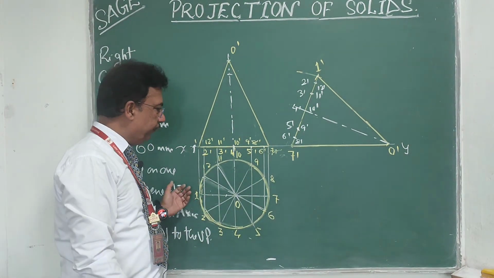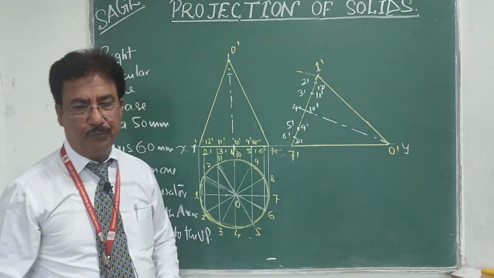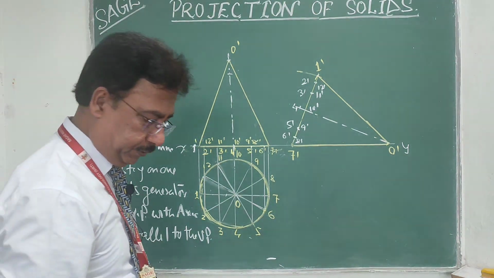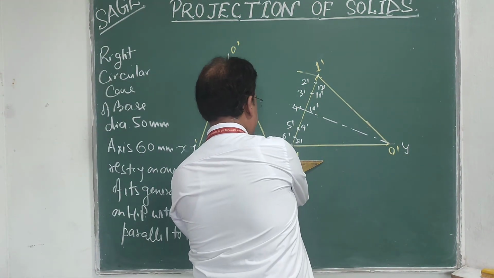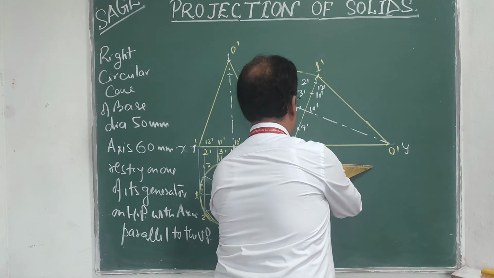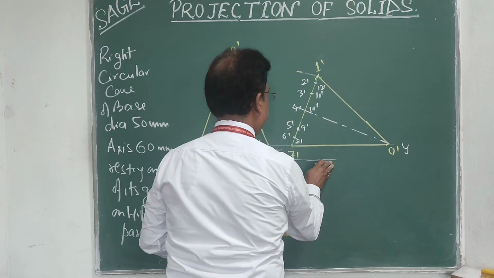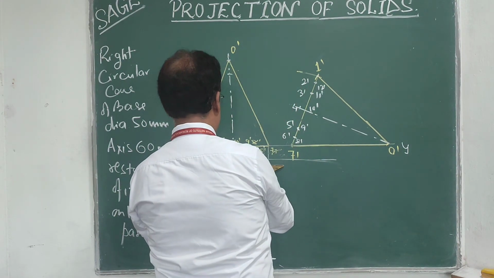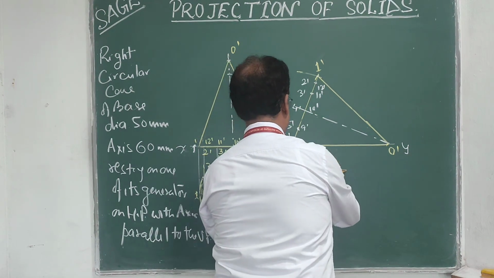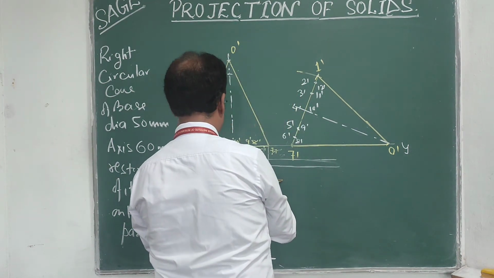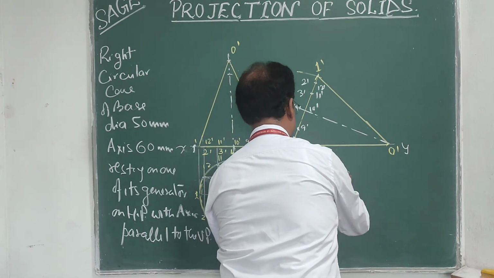For drawing the top view we will again draw the locus lines from the initial top view and from the front view I will draw the projectors. So firstly I will draw the locus lines from all these points. Again, you know, in the case of a circle there will be only 7 locus lines. There are 12 points, but the locus lines will be 7 only. So draw these 7 locus lines, thin continuous lines.